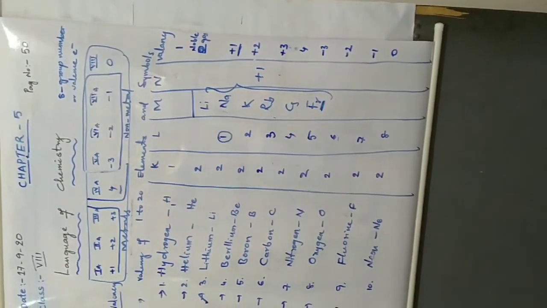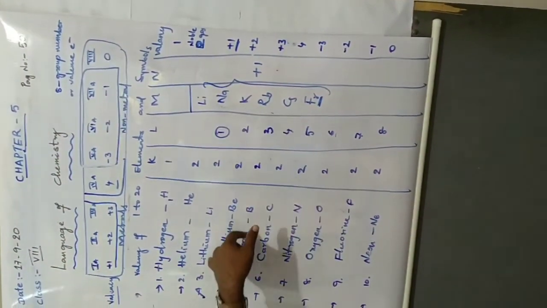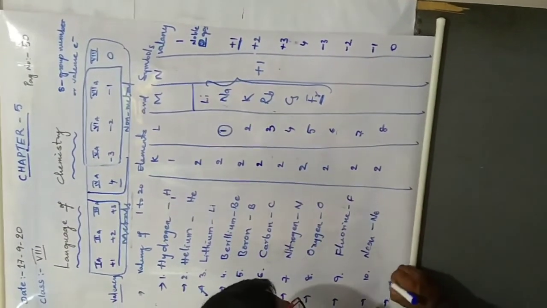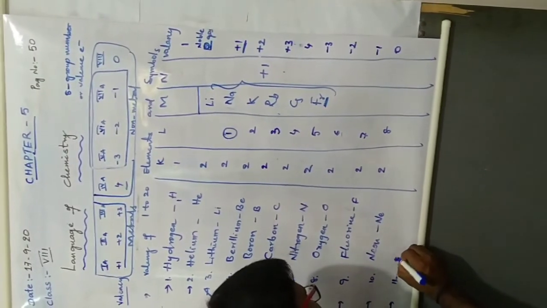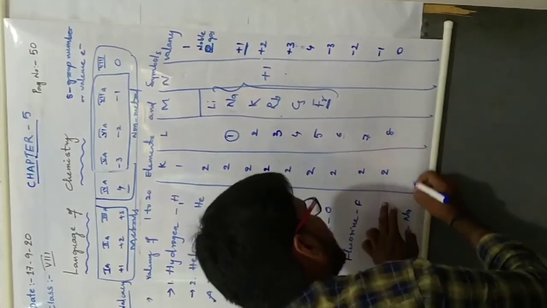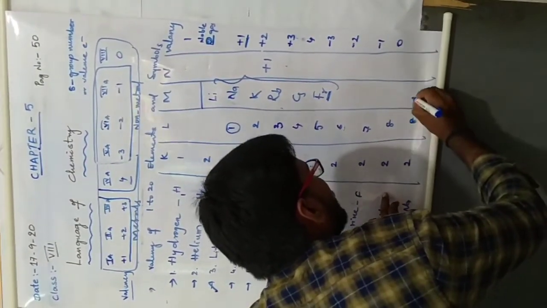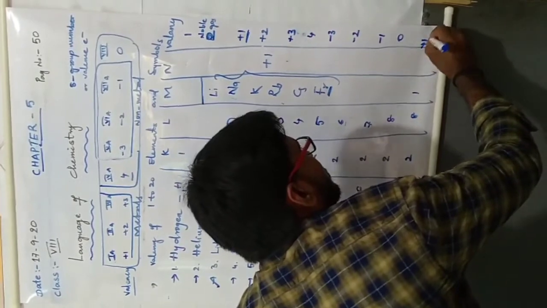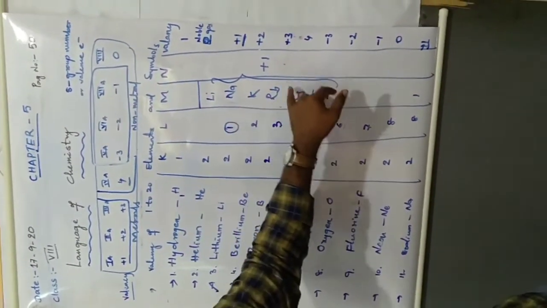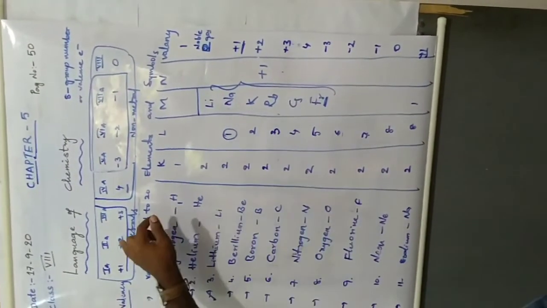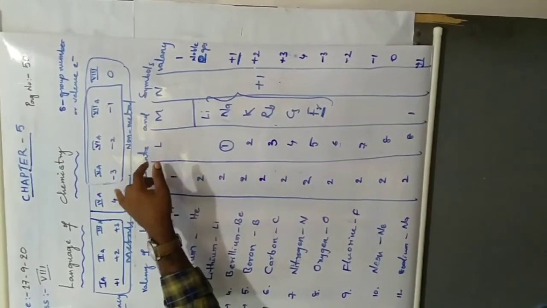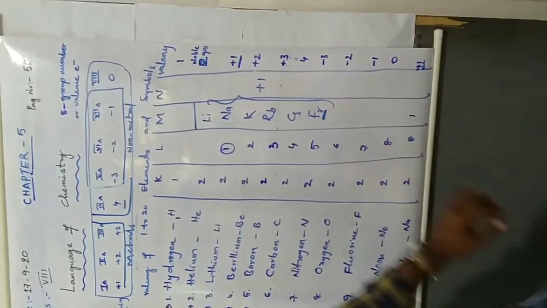So you can observe lithium, what is the valency? Li +1. Sodium, electronic configuration 2, 8, 1. So outermost electron +1. So all these positive elements, that means first A group elements, the valence will be +1. Second A group +2. Third A group +3. And from 4th to 7th A group, that means negative charges, -3, -2, -1.